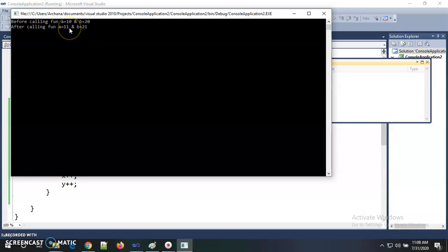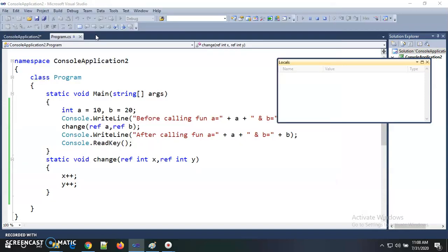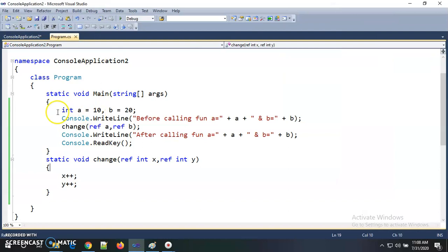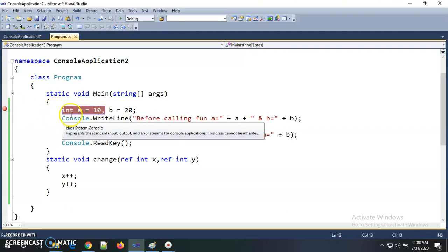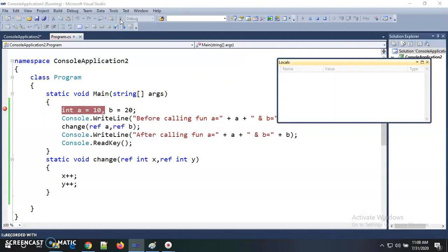The change function's update result is reflected inside the a and b variables. So how it works, we will see by debugging line by line. Now I am putting a breakpoint at this first line and running this program.